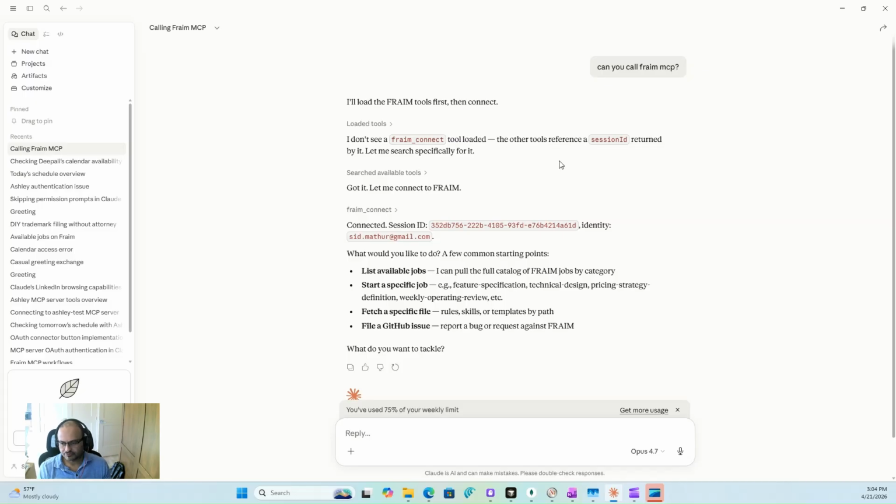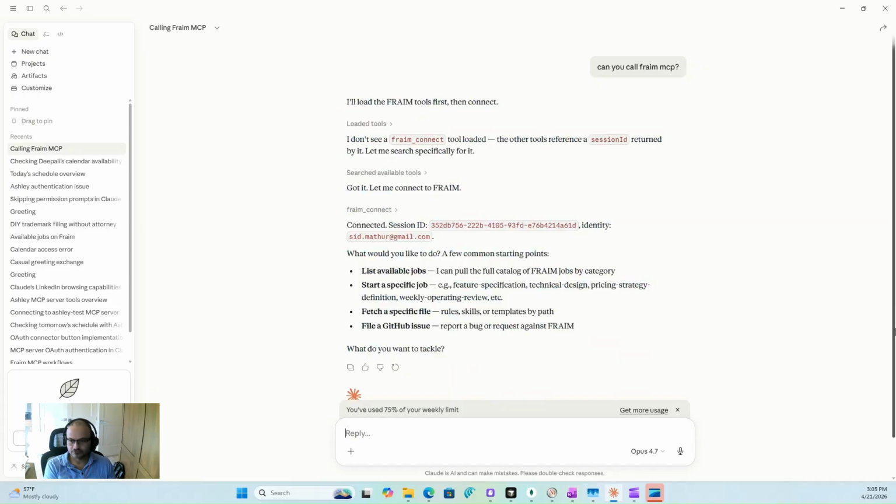Now, the good thing is Frame works across all these different surfaces and more. So once you have gone through the Frame install, it sets itself up across any of the AI that you use, and it converts them to AI employees. Now, what does that mean? Without getting deeply into the technicals of it, what this enables you to do, in the case of Claude Chat, is just say something as simple as, can you call Frame MCP, right? And it's able to talk to the Frame server,